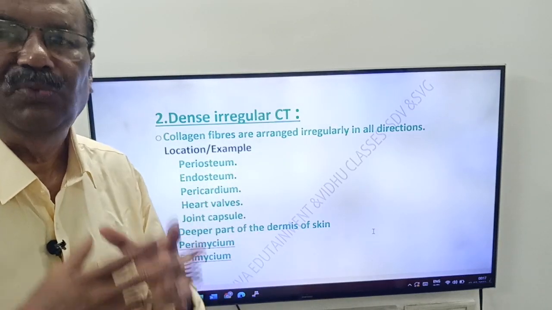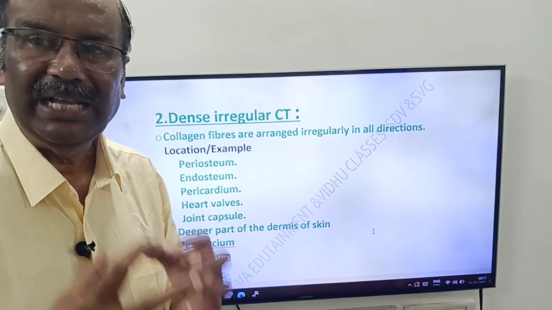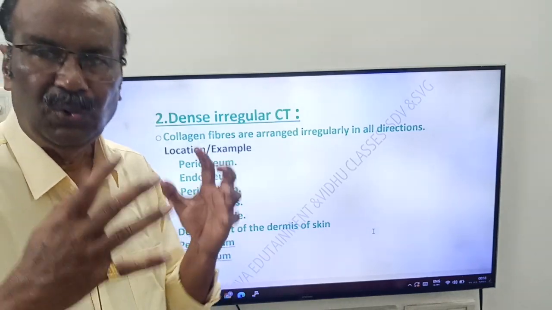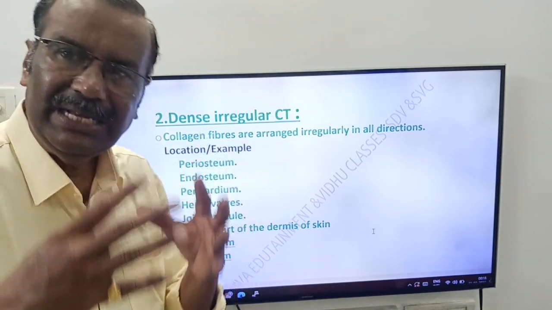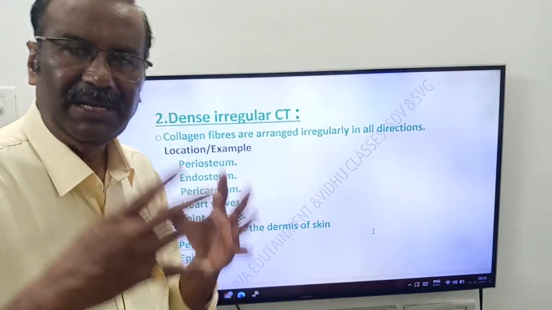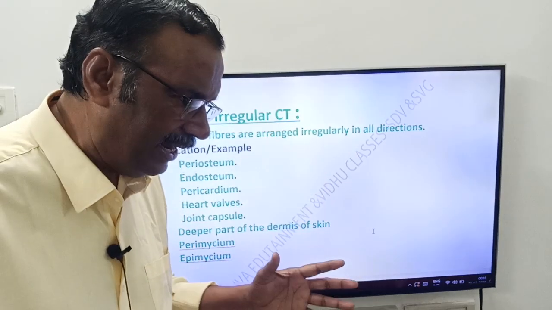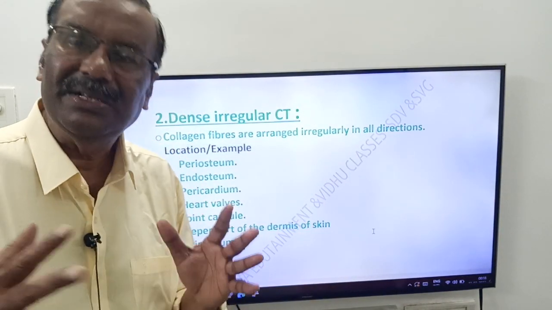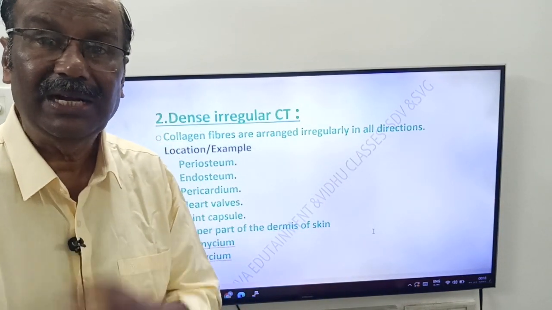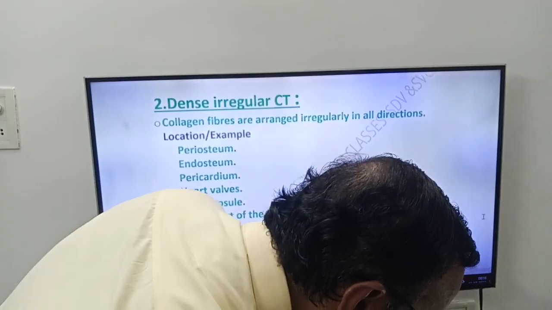In these places we have what, friends? Dense irregular connective tissue. What is dense irregular connective tissue? Here also it has collagen fibers, but these fibers are not arranged in a regular manner. They are arranged in irregular manner in all directions. Because of that we are calling it as dense irregular connective tissue. Okay, friends. Next you see, friends,